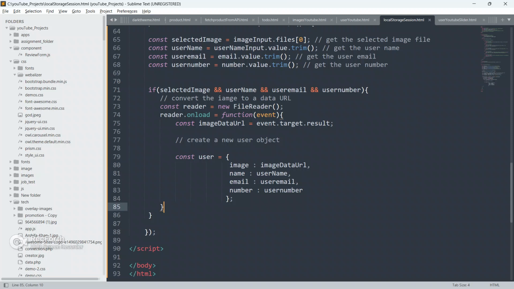Because you all know, the JSON.stringify method will convert this user object into a string, and it will be easy to store this string into our local storage, and later on it will be easy to fetch this user object from the local storage back on our page to display user details. Okay, so now guys,